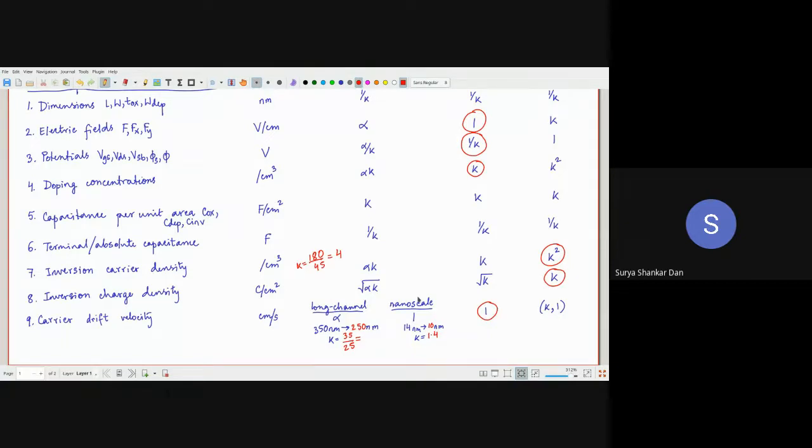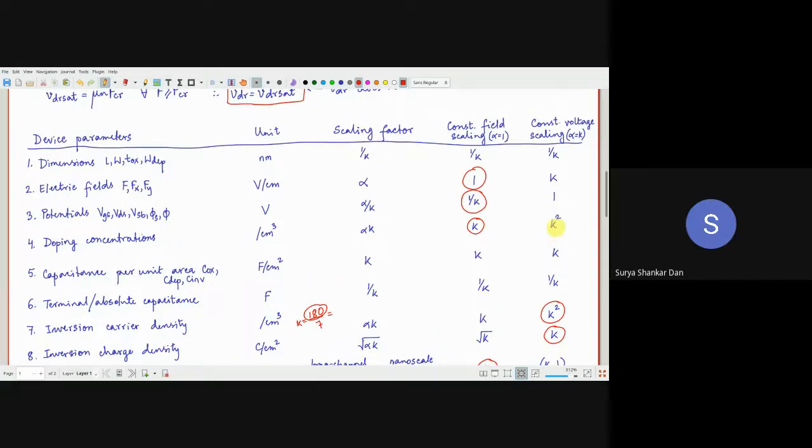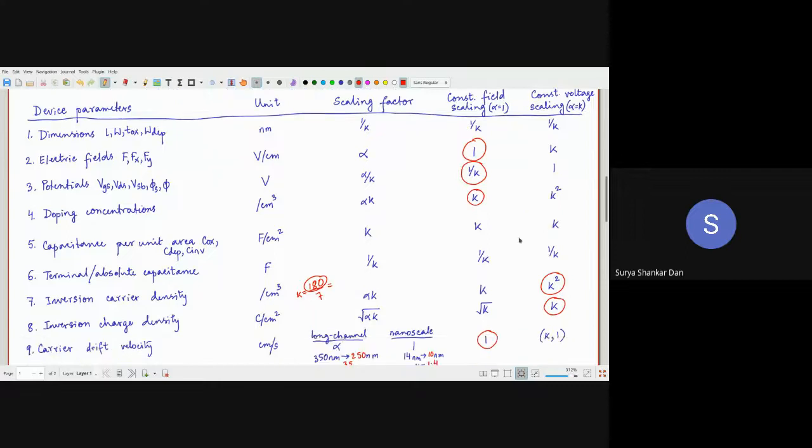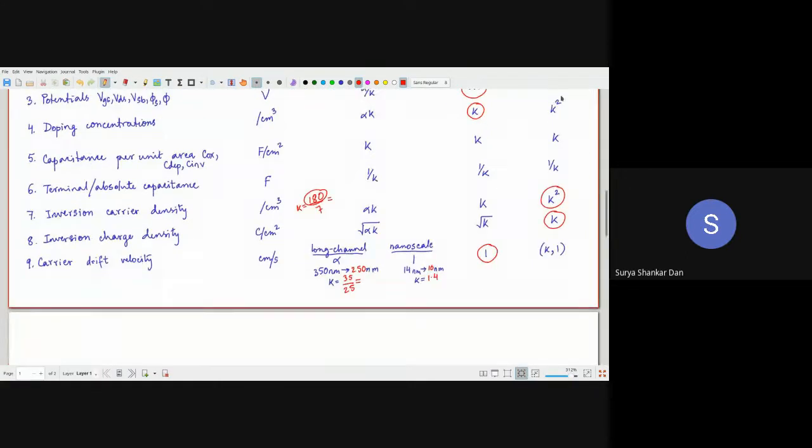So if you have a circuit at 180 nanometer, and in industry you have been asked to do it in, let us say, 7 nanometer, since 180 is very, very old, then this K factor is very much higher. In that case, you can understand the doping concentrations and everything will be simply haywire, right? They are very, very high. It might happen that if you do K square for 7 nanometers, it might essentially reach into polysilicon level, which you cannot afford.